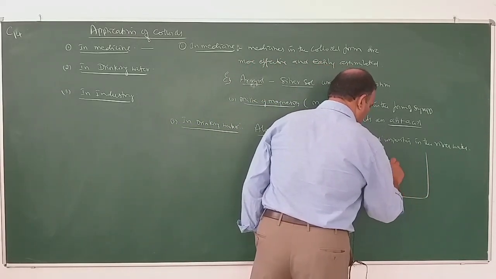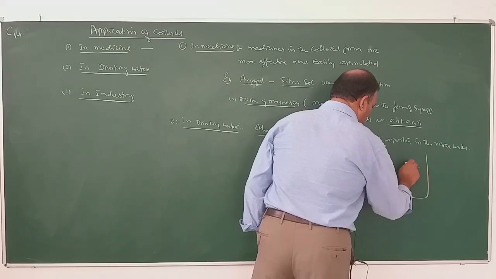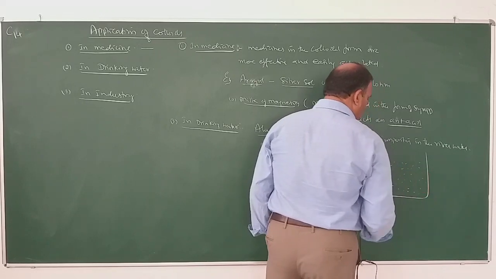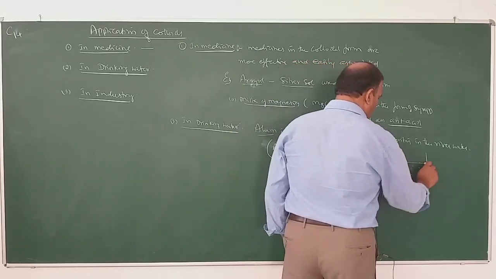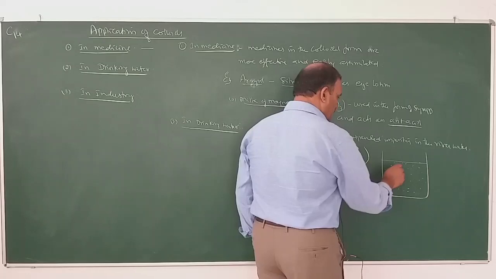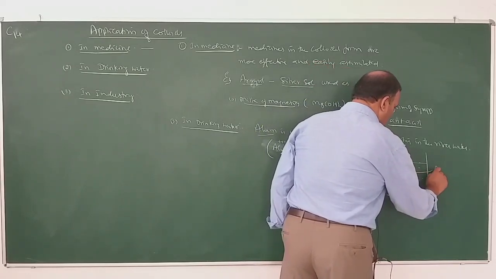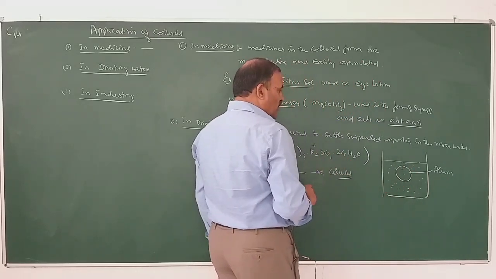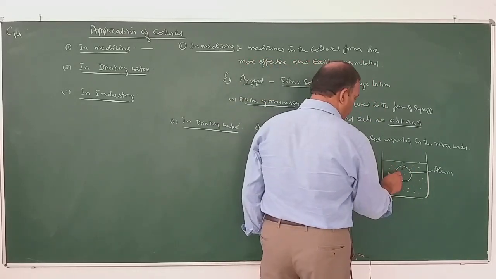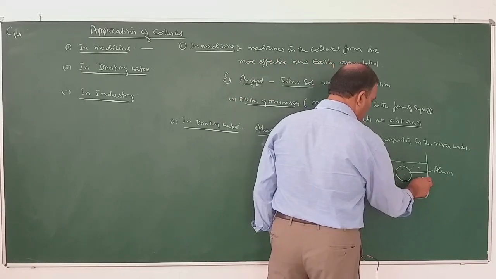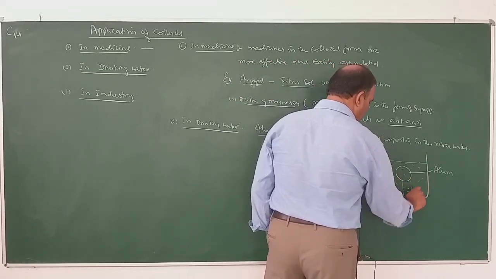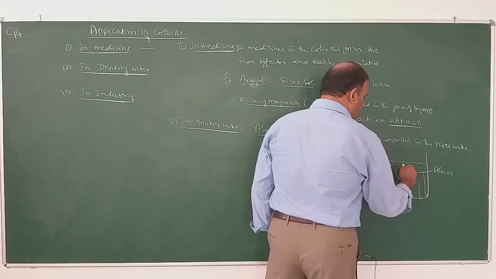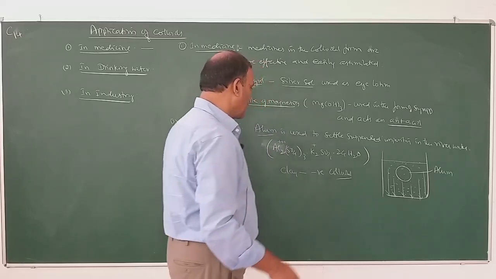Suppose this is water, it contains clay. So during rainy season, the river water is turbid due to the presence of clay particles, which are negatively charged particles. If alum is added, alum supplies positive ions. These positive ions neutralize the negative charge on the clay particles. As a result, the clay particles will settle down and you will get clear water which is used for drinking.